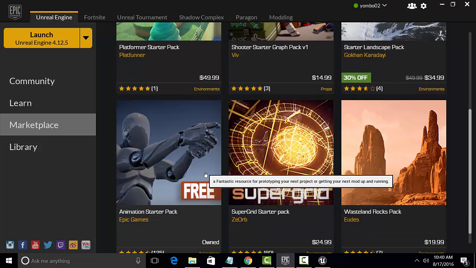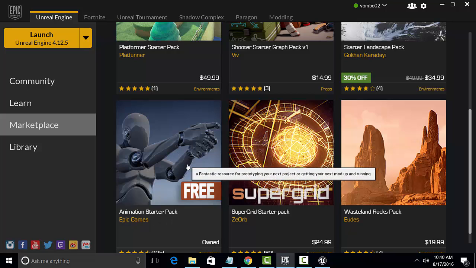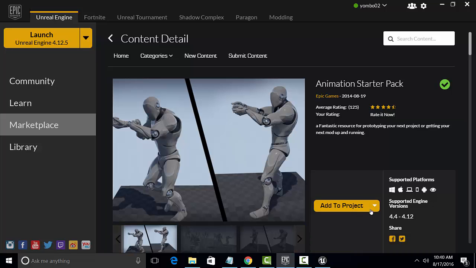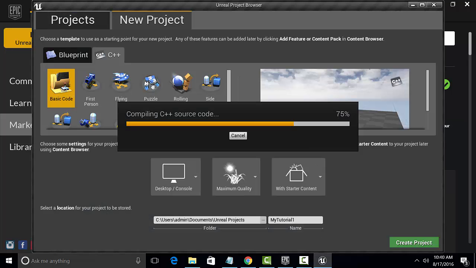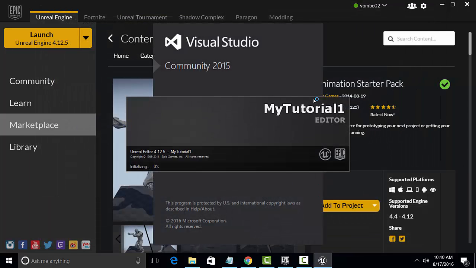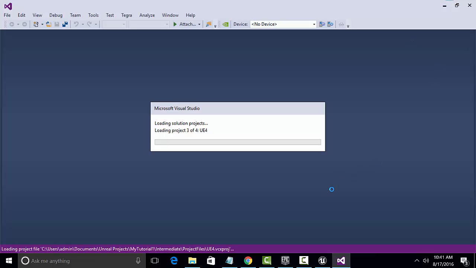And you can see right here the animation starter pack, that is free. You have to download this and add to project. Let's see if the project is finished. It's not finished yet. You have to have Visual Studio in order to run C++ in Unreal Engine. Let's wait a little bit. Okay,